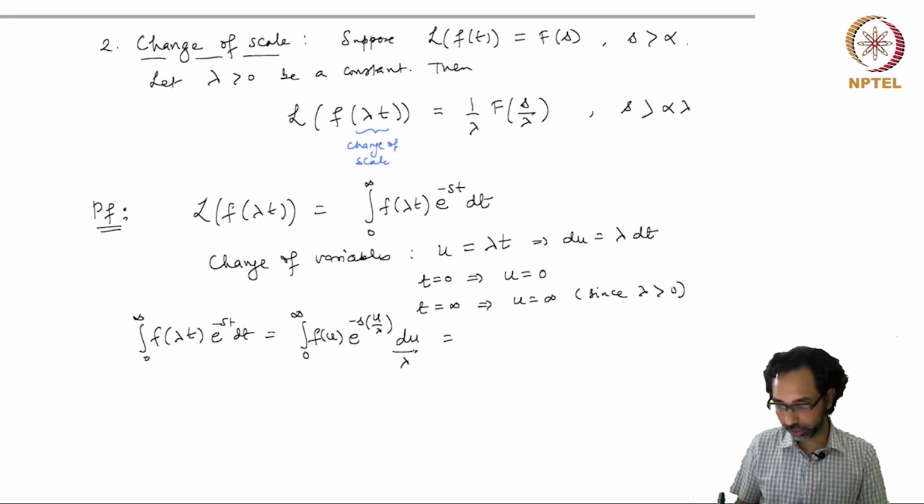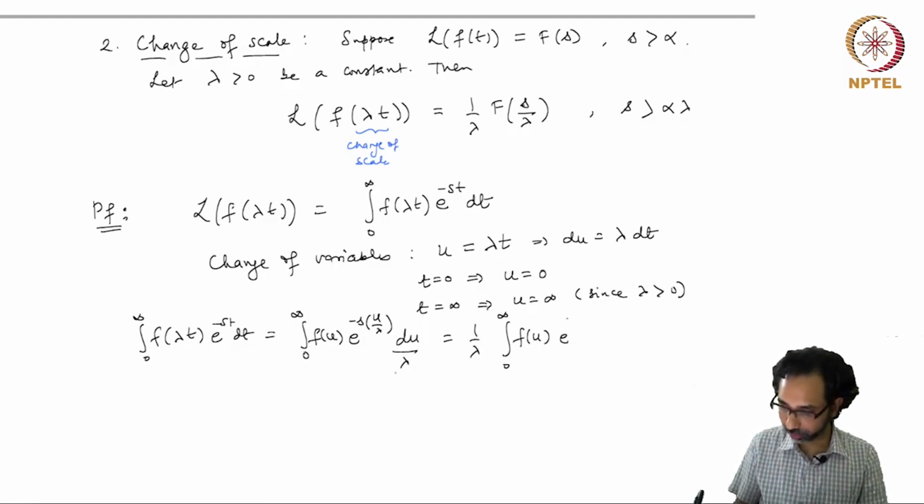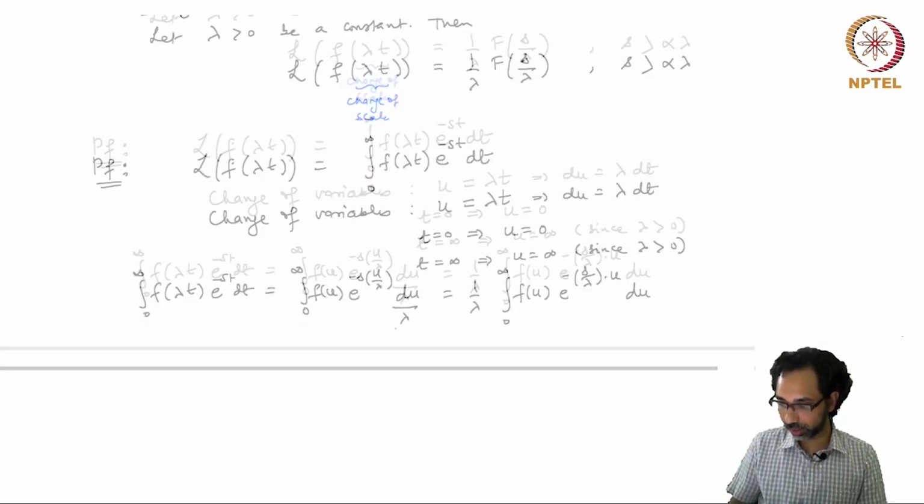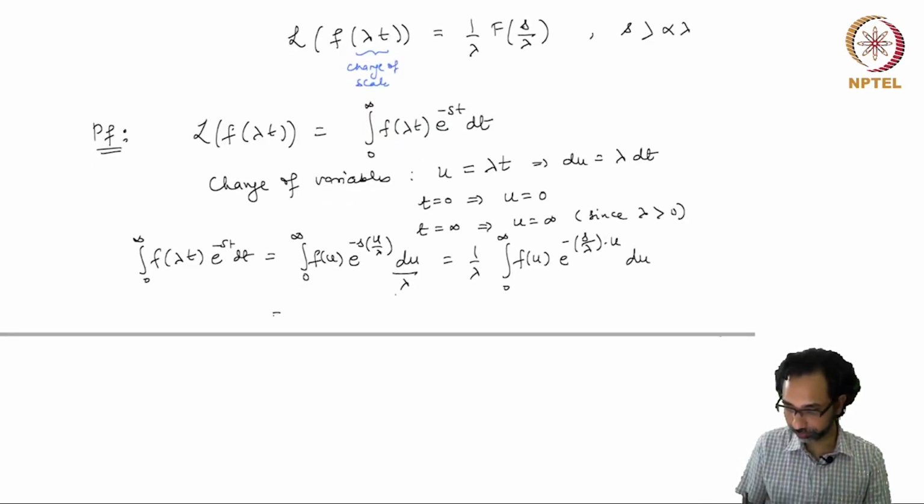So now we can take the factor of lambda out of the integral. So it's 1 over lambda times the integral from 0 to infinity of f u exponential minus s over lambda times u, du, and now it becomes clear that this is the Laplace transform